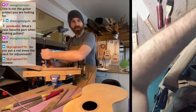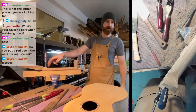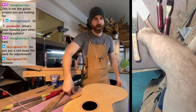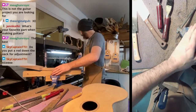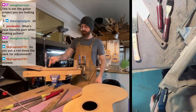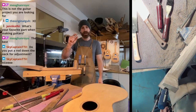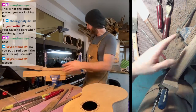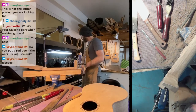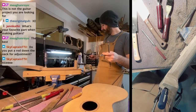I ruined a neck once. I carved it too thin, and with the truss rod I went too deep because we weren't using low profile truss rods, or I wasn't using a low profile truss rod, and I went right through. So you also have to be conscious when you run that truss rod in there. You have to measure before how thick that thing is, and then how thick your neck is going to be. So the truss rod I used is...